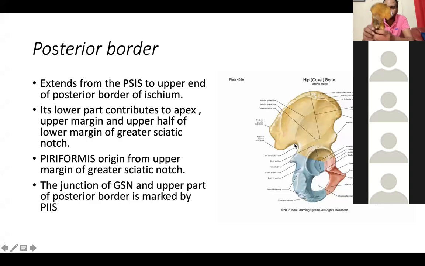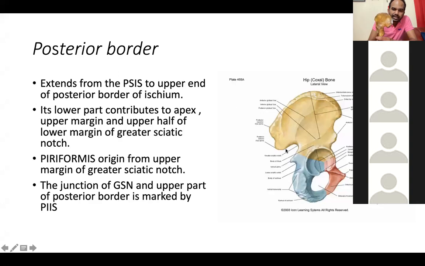Yes, sir. This notch. Can you see? This notch is called the greater sciatic notch. What is this called? Greater sciatic notch. So this posterior border, if you see this posterior border